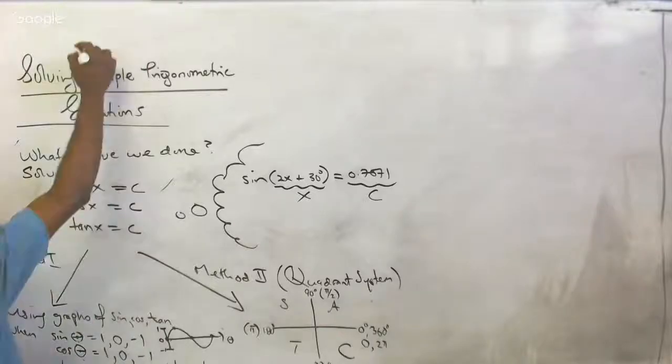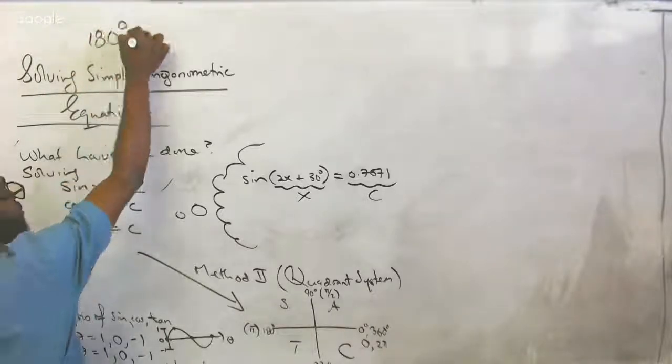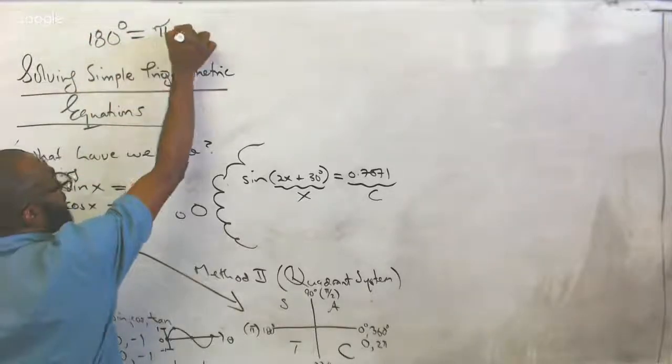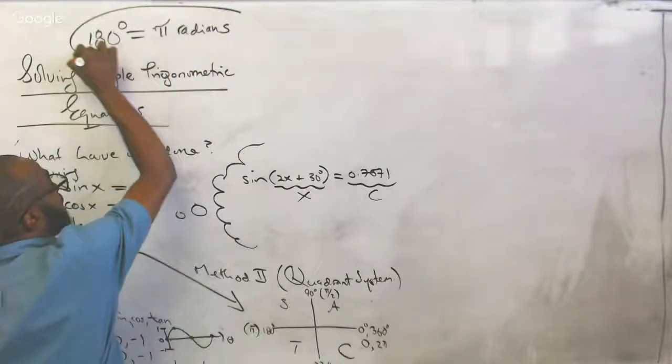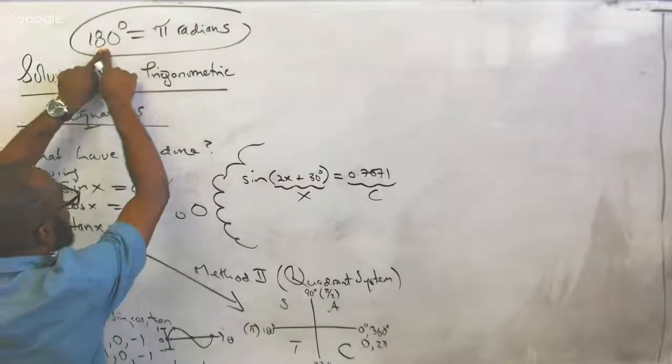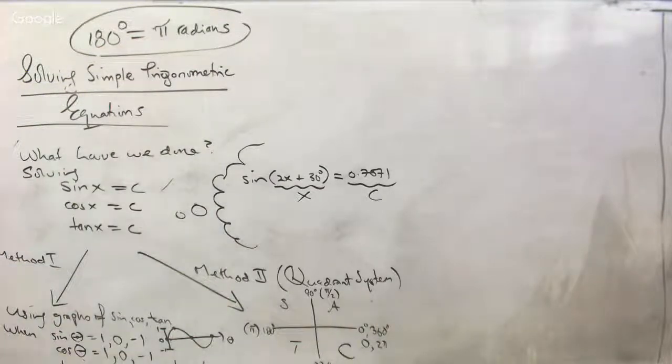One of the big things that most of us would have missed out is that 180 degrees equals pi radians. That's how, if you divide both sides by 2, we get 90 here and pi upon 2 here. So that's how we measure angles in radians as well. That's the only new piece to the puzzle.